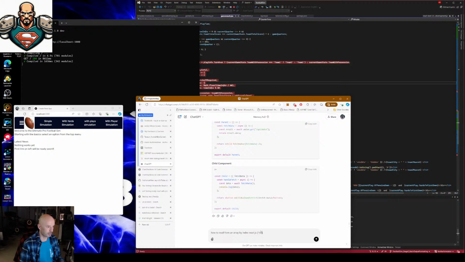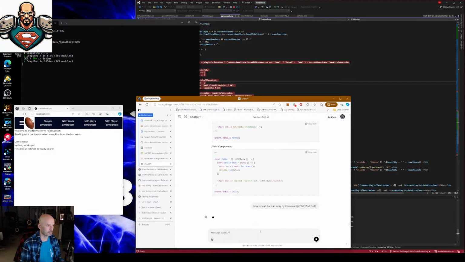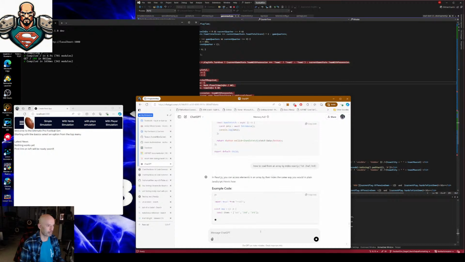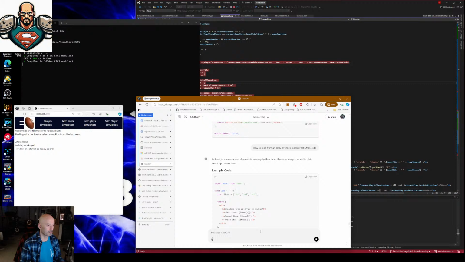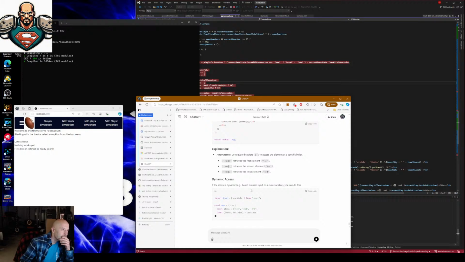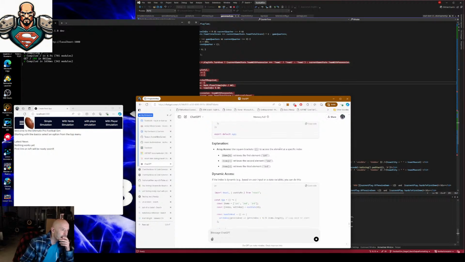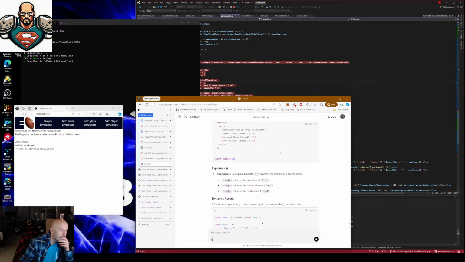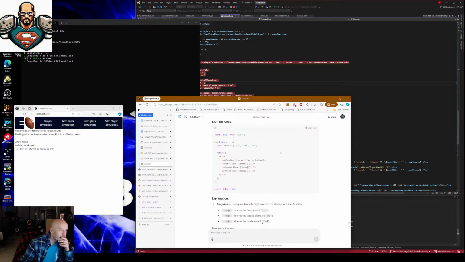First, second, third. So it should just be square brackets, but apparently you can't do it off of a straight up brackets, so